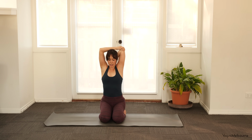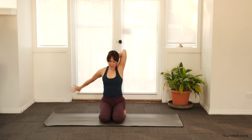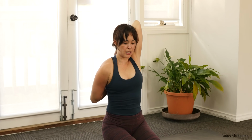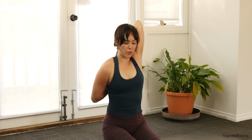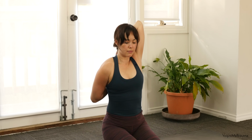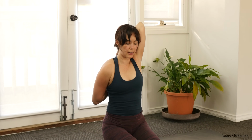And maybe for the last few breaths, you can reach that left hand back and fingertip to fingertip, taking your monkey grip or your wing to wing, reaching that right elbow up. Taking one more full breath, inhaling